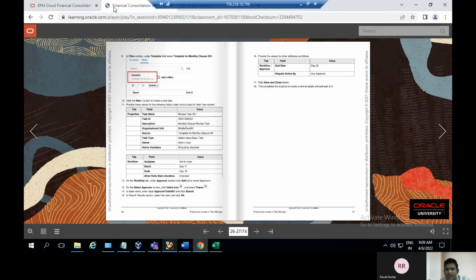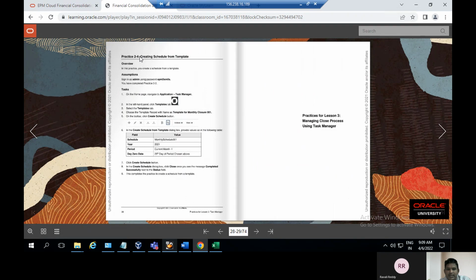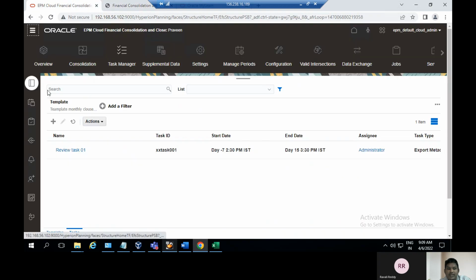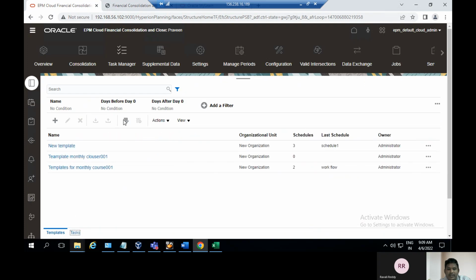And then after go to the activity guide and click on next page. Here is how to create schedules from templates. Go to the application, sign in, and then go to the home page, application cluster task manager, and at the task manager click on the template tab. Here in the template tab is monthly closer one, and under the template is the create schedule button. Okay, I will go to the navigation, go to the templates,